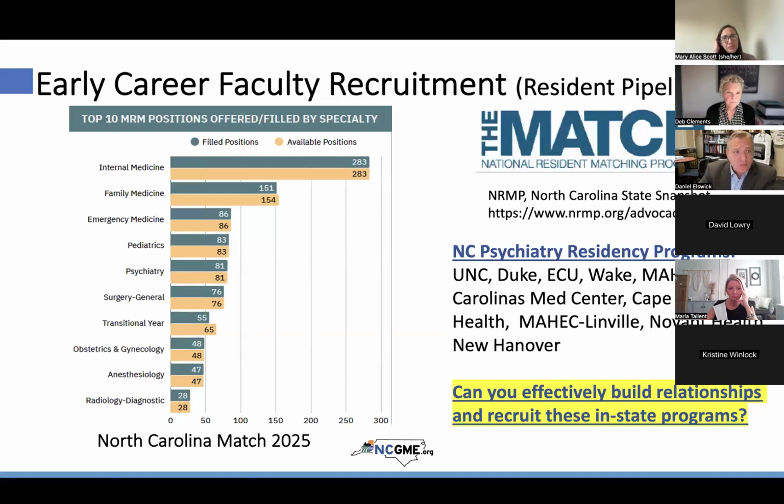So this is really important information to know, and this will be on the slide. This is the number of folks that are going for positions each year in North Carolina. So there's 81 folks going into psychiatry across the programs, pretty close to pediatrics, which is 83, and close to emergency medicine. So knowing what you have as an opportunity, not only for the student piece, but also for resident pipeline. There's the established programs and there's some newer programs as well, but can you build a relationship? Are you going to those programs